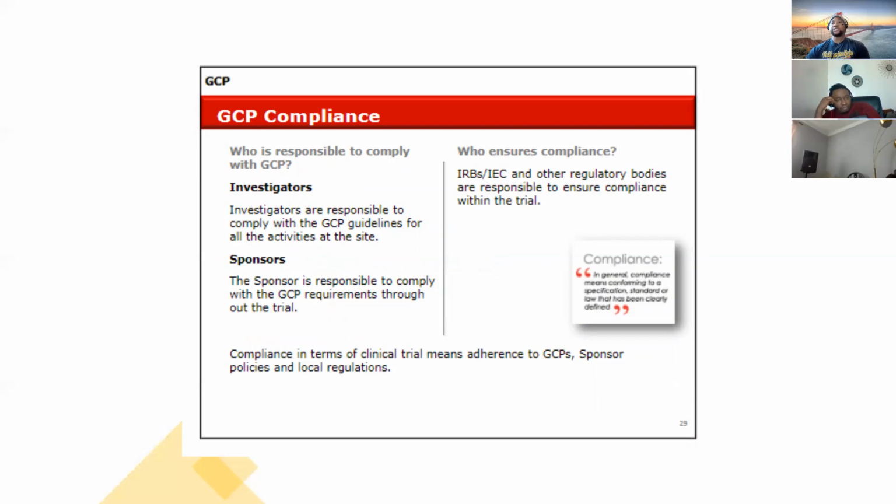GCP compliance. Who is responsible for GCP compliance? Investigators. Those are the people at the site. The sponsors are responsible for complying with GCP throughout the trial. Who ensures that the GCP is compliant or not? So now we talk about the IRB. The institutional review boards are the people responsible to make sure of this, and there are usually periodic